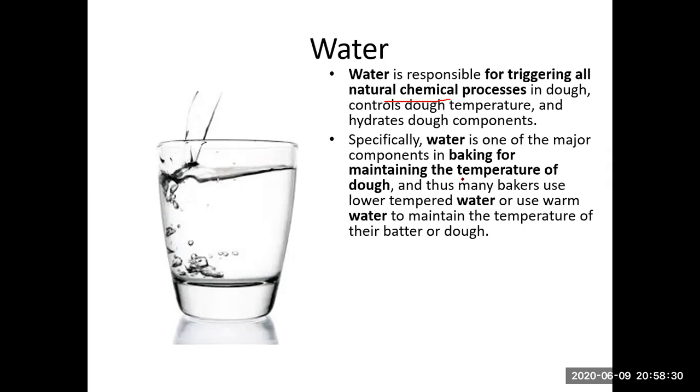For example, if you add warm water in case of bread, it helps to activate the yeast, and it also helps to keep the dough warm. But where a lower temperature is needed, for example in case of cake, you add normal temperature water. Why? Because we prepare the batter at normal temperature, then the cake can be more tender and softer when we place it in the oven.